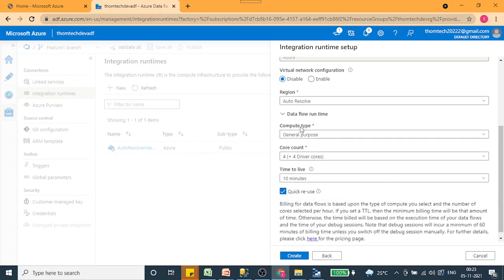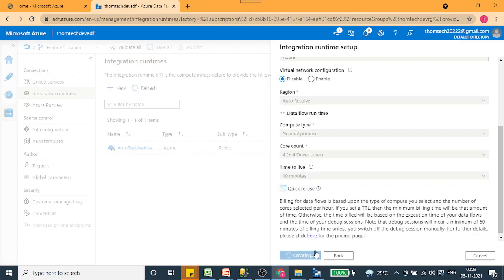Go to the data flow properties. Basically these are some properties that data flow uses to execute the pipeline. That means data flow is one of the activities or components within Azure Data Factory, and the data flow uses this IR for execution. These are some of the options which help the data flow to execute with much better speed and performance. So for that purpose we have these options open to be filled in, and we can cover more in detail when we start on data flows. So with that, let's click on create.